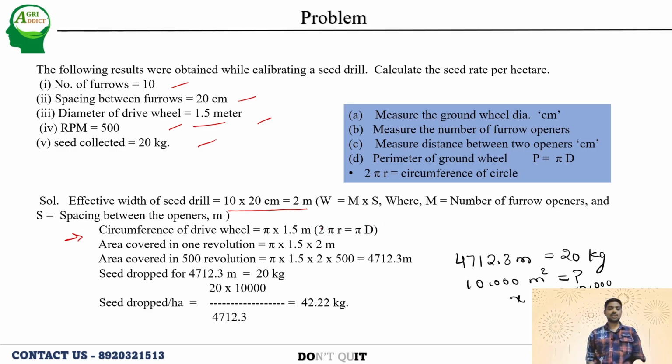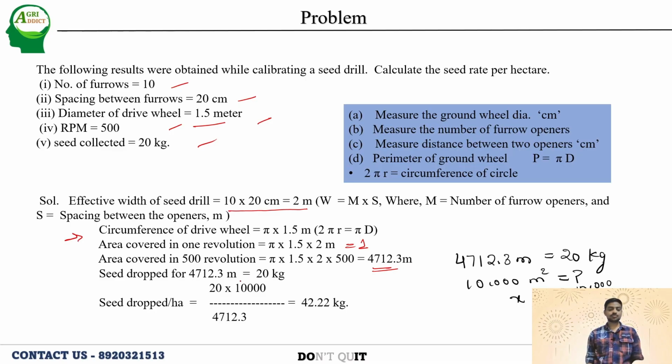If you multiply this effective width with the circumference of the drive wheel, you get the area covered in one revolution. Now for 500 revolutions, we have to multiply this by 500. That gives you a value of somewhere around